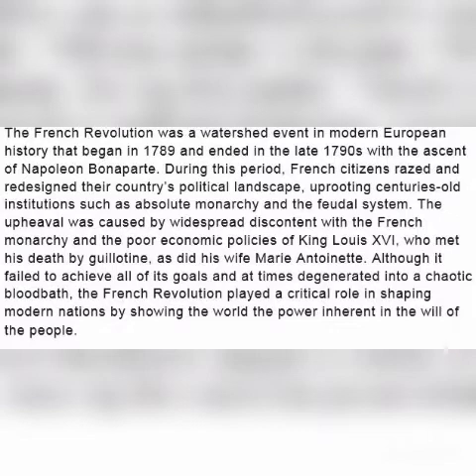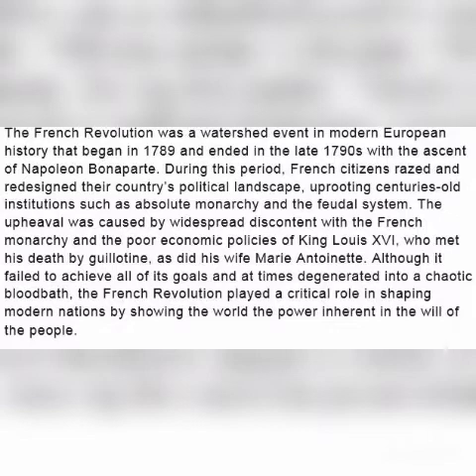During these periods, French citizens raised and redesigned their country's political landscape, uprooting centuries-old institutions such as absolute monarchy and a feudal system. The upheaval was caused by widespread discontent with the French monarchy and the poor economic policies of